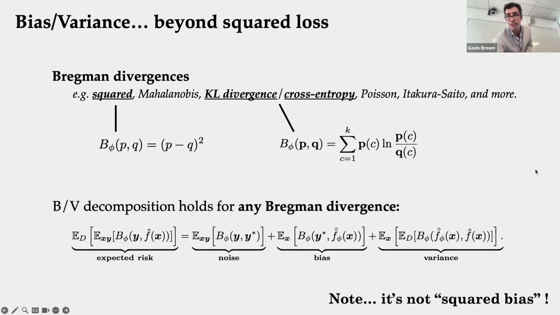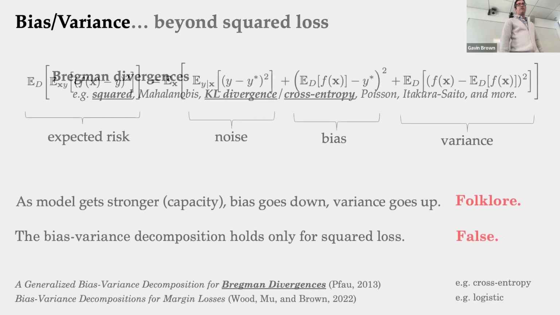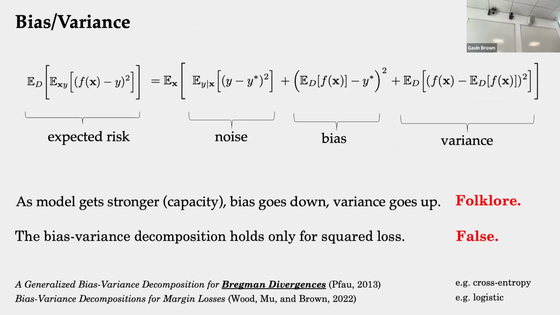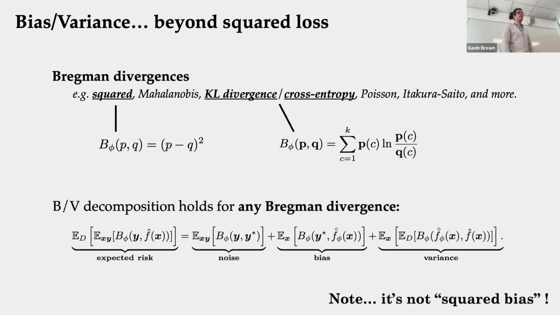As a consequence, you can see down the bottom right-hand corner here, people often refer to the squared bias or the bias squared. They often call this term in the middle the squared bias, but it's not the squared bias. It's just the bias. This terminology of the squared bias is an artifact because it's on the squared loss. And in the general case, there's no square there. So it still holds as a concept, but you just don't call it squared bias.